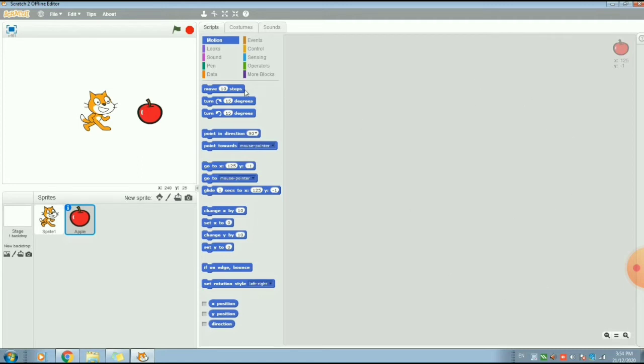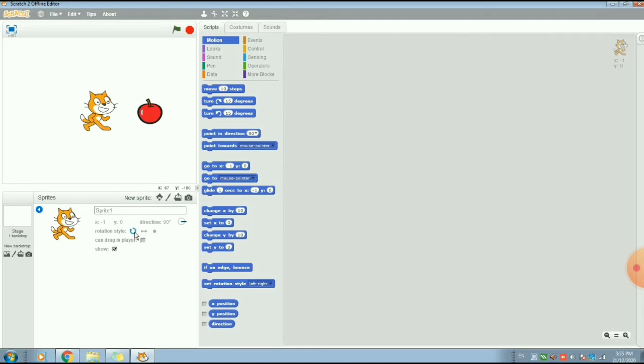Now next is the blocks palette. These are the blocks palette. The blue color ones are blocks that we can easily drag and drop to the script area. This gray color square is called the script area, and we can make a script for our project and give movements to our sprite. Now on the top left corner of the sprite, this is called the sprite info pane. This blue color icon is called the sprite info pane, and when I click on this, it displays the sprite info. These sprite rotation style buttons are called rotation styles.